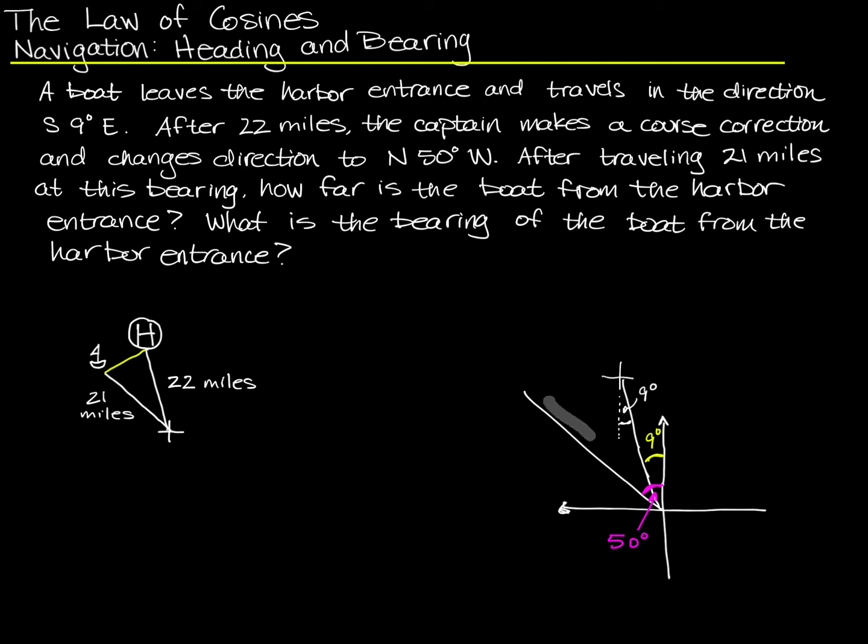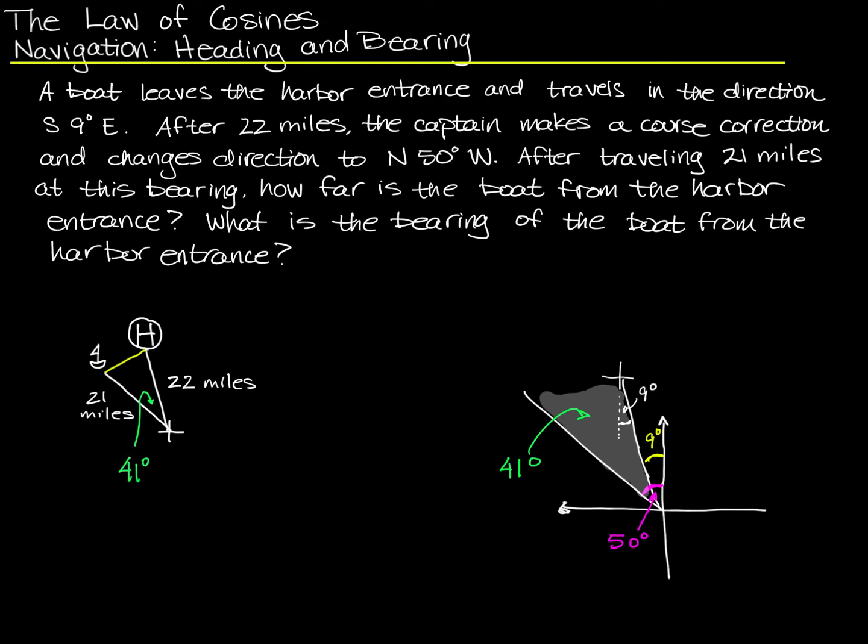And so this is a 41-degree angle. So it's a bit involved. There's some thinking you have to do to get to the place where you know how big this angle is that you want to work with for this problem. This angle is 41 degrees, 50 minus 9. And so that is this angle right here,